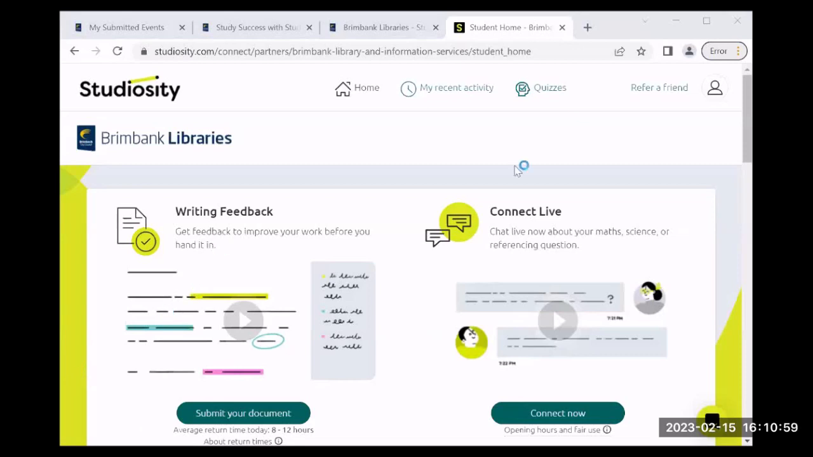Okay, so I guess first of all, I'll chat to you a little bit about what is Studiosity. So Studiosity is a free study resource available through Brimbank Libraries. It is an external program, so it's not run by us. We just pay for the subscription and offer it to our community for free. So it's for teenagers, so high school students can submit essays and ask for writing